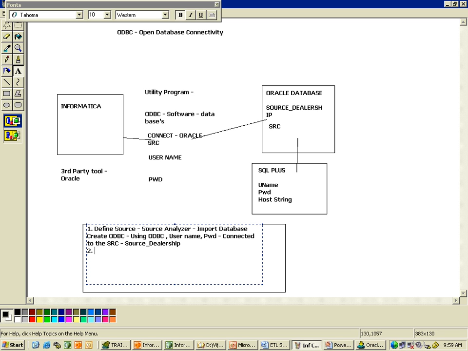Same way, to define the target, we went to the warehouse designer and put the table from the database. To do that, we created the ODBC for the target, that is for STG. Then we imported the STG underscore dealership. Third step, we created the mapping. In that we use the source qualifier transformation,